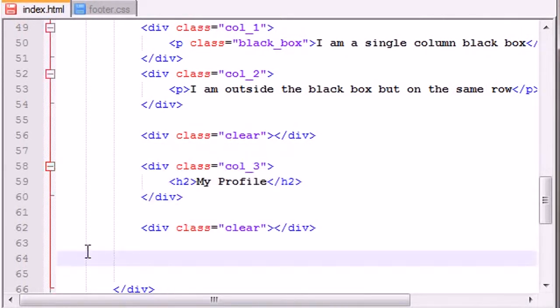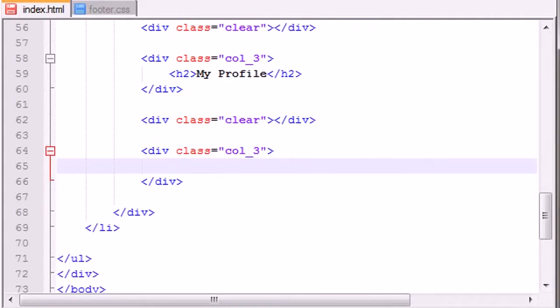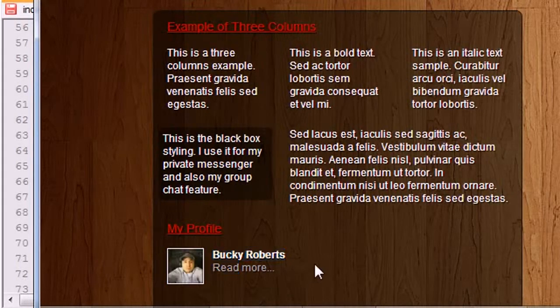3-column layout. I'll show you guys what we're creating right now. Now, first of all, we're creating a 3-column layout, but we want to do it a little bit differently. Even though this only looks like 1 column, this is actually a 3-column layout if I added more text. So I'm going to show you guys how to add this picture and also this text right here all in